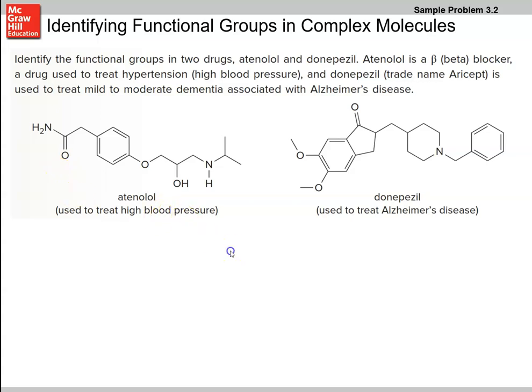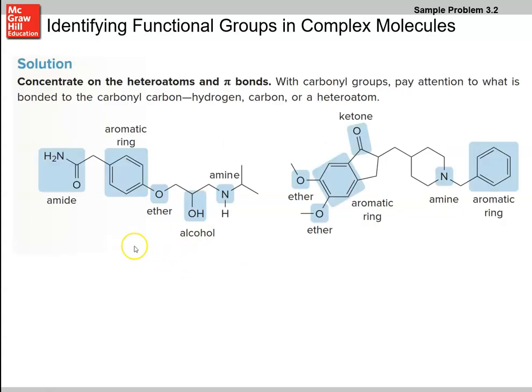But here's an example, and this is all written out for you and identified. So again, this is an amide functional group, not just an amine. We have an aromatic ring. We talked about that. Here's an ether within that ring or outside of that ring. Alcohol. Here's an amine functional group compared to an amide functional group. A few ethers, a ketone because this is in the middle of a chain, aromatic ring. Here's another amine and another aromatic ring. So these are things that I want you to start to be able to identify and find within different structures